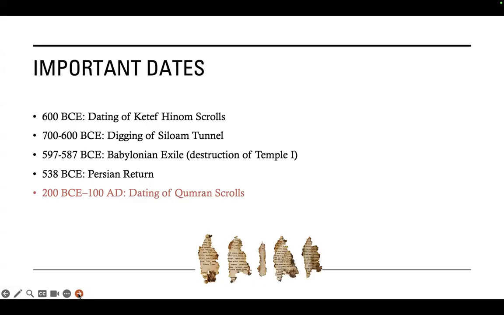The second temple is important for our purposes because the second temple is the time at which the Mishnah, one of the texts we'll be talking about, was written, edited, and redacted. Around the same time, there is a sect, and we are not sure exactly who was in the sect, who was out of the sect. Lots of interesting theories in literature about this. People who lived in the desert and wrote scrolls, or edited scrolls, or compiled scrolls, and kept them in the caves of Qumran. We can now use carbon dating tools to date the Qumran scrolls. There's a wide range of dates, and largely the texts that we found, there's a huge wealth of texts, are dated from 200 BCE to 100 AD, so during the times of the Second Temple and slightly after.